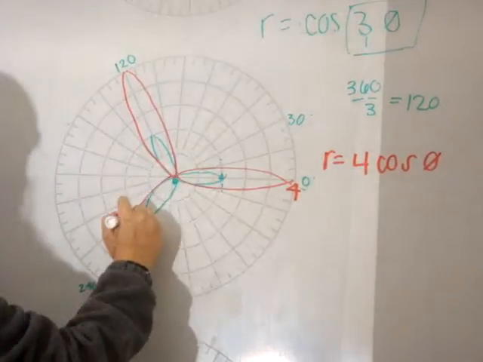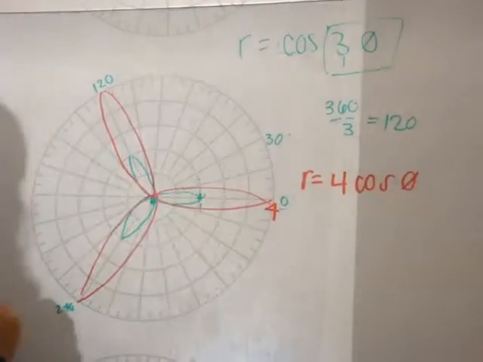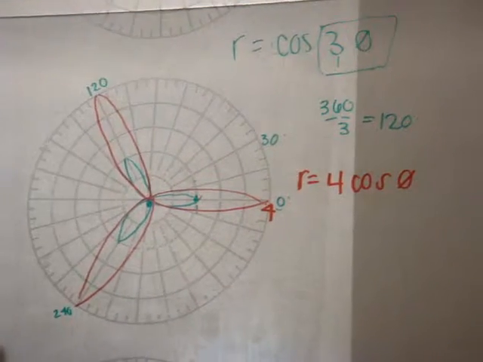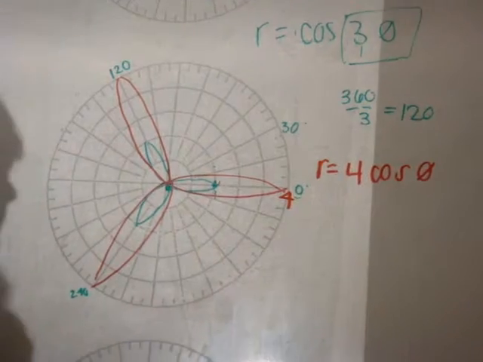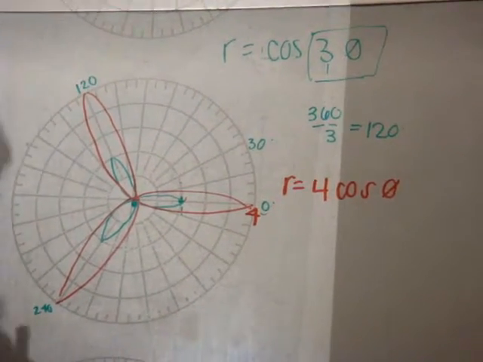For this, because once it becomes 30 degrees, your cosine will turn 0, right? And so say that it was like r equals cosine